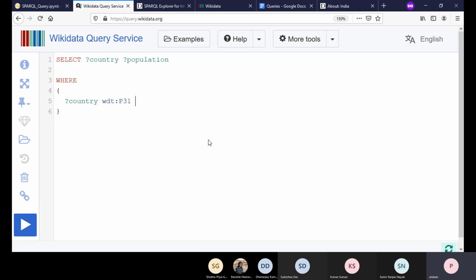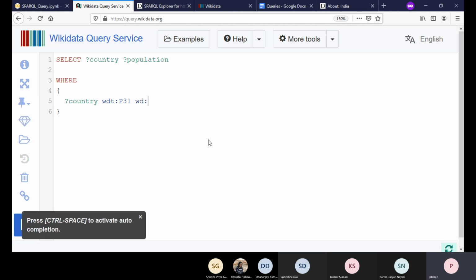Now you can see that the identity of instance of is lost. If you give this query to someone, it's very hard to say what kind of thing this is. Now you want something to be an instance of what? A class. The concrete instances and the classes are resources, and as resources, they also have URIs. To specify those URIs, we'll be using another namespace already defined in Wikidata, which is WD. You just say colon, and after the colon, again say control space.